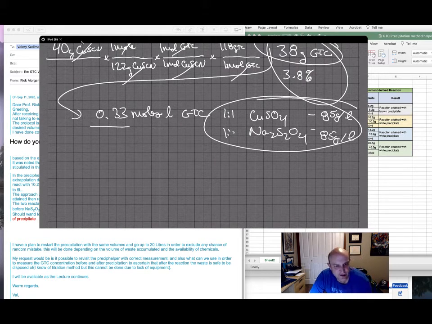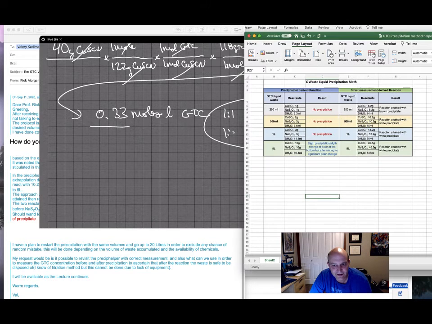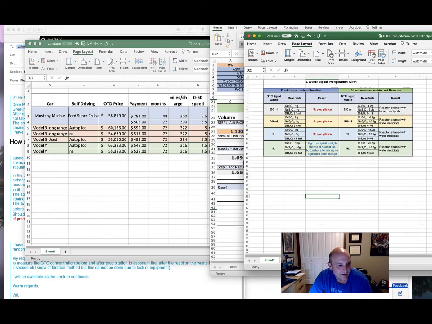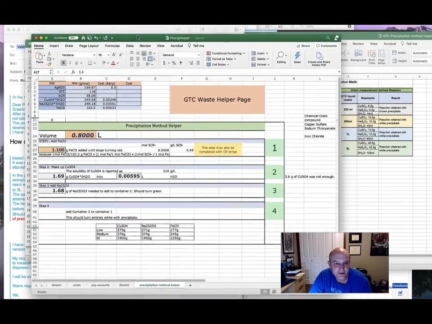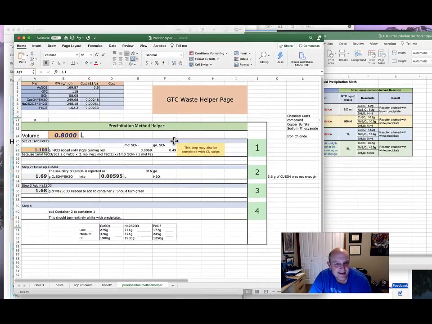So the precipitation helper works like this. Let's go back and find the page for it. It works like, whoops, that's not the mouse. Where is it? Here it is, precipitation helper. It says, how many grams did you put in until it stops turning red? And let's say that it was 1 for 1 liter. And if it really is 40 grams,